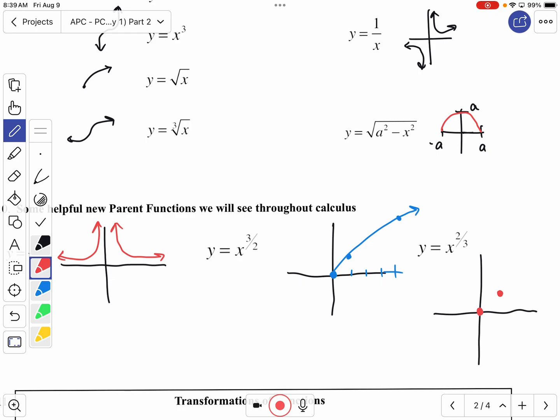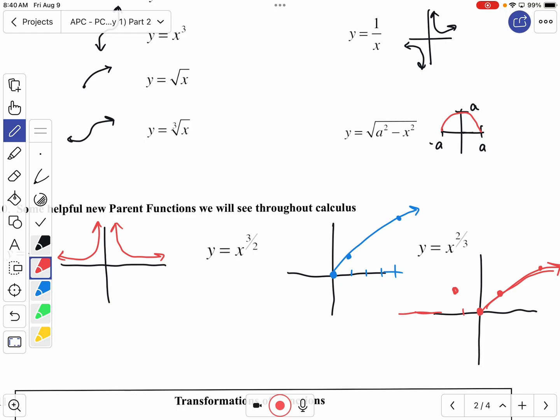If I do what would be the next best cube root? 8, okay? So we're going to jump out a little bit. If I take the cube root of 8, I get what? 2. I square it, I get 4. So it's going to do this on the positive side. Now let's think through the negative side. If I put negative 1 in, cube root of negative 1 is negative 1. I square it, I get positive 1. Okay? If I do negative 8, cube root of negative 8, negative 2 squared, I get